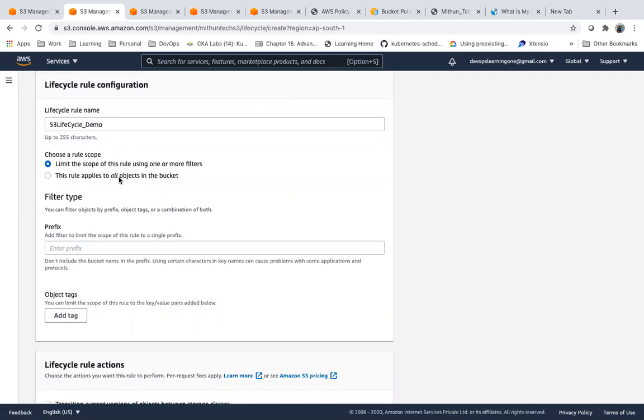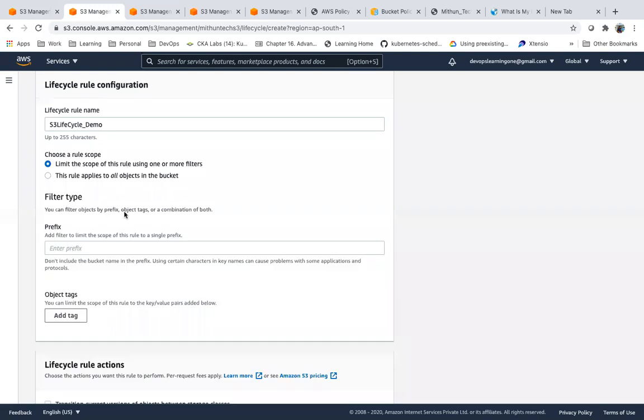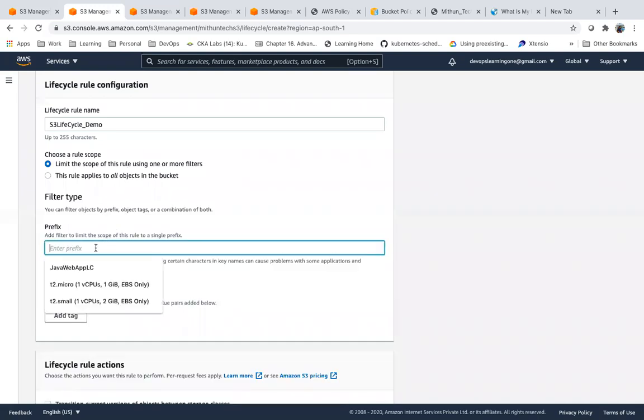I can apply this object lifecycle rule to the entire bucket, all the objects in this bucket. Or I want to limit the scope based on the prefix or tag. Suppose I want to apply this object lifecycle rule to whatever files or folders have a prefix something like this.